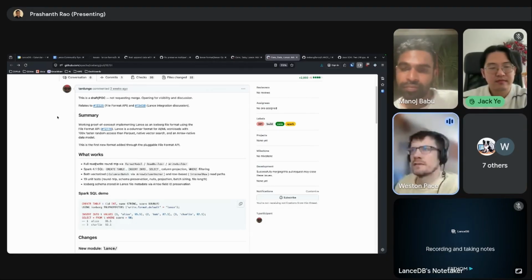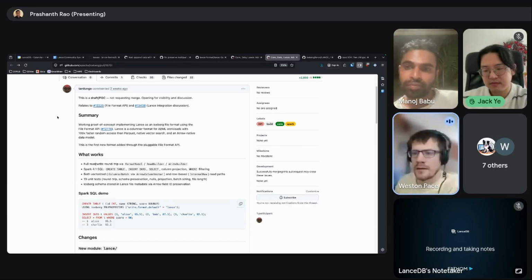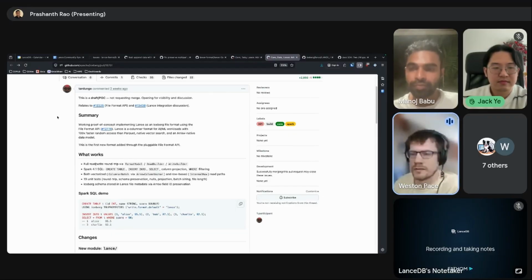Now we don't have clustering in Lance yet. Once we do have clustering in Lance, then that will tell you what the table is sorted by, and should also add the ability to do like a sorted scan. I think those would be the features that are missing if you wanted to enable some kind of merge join